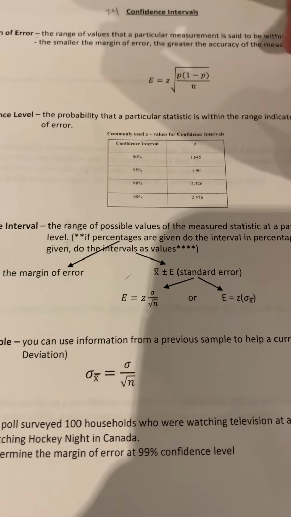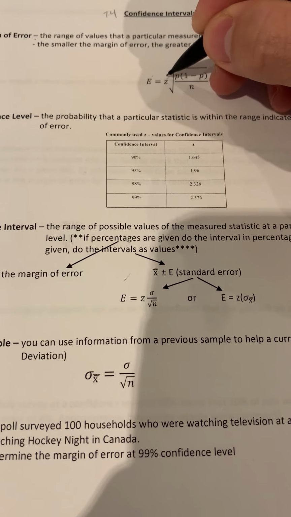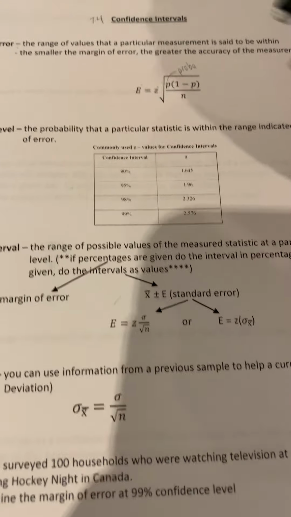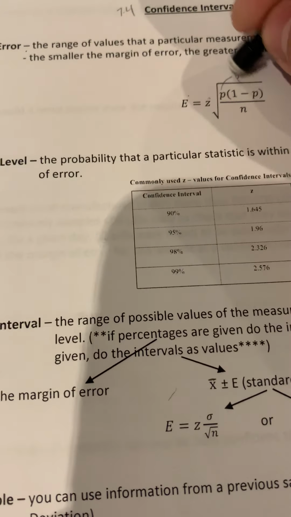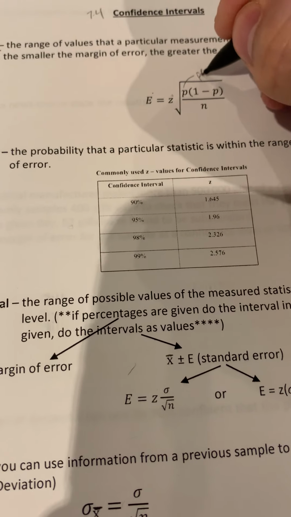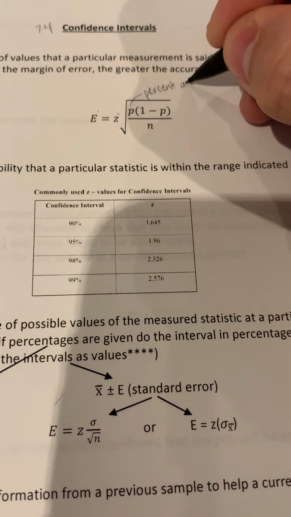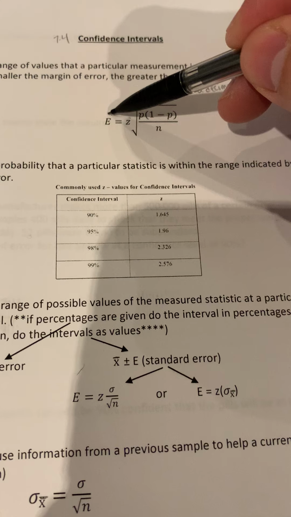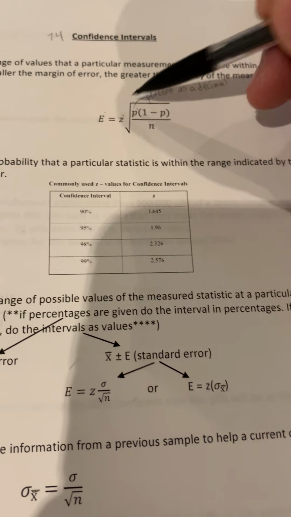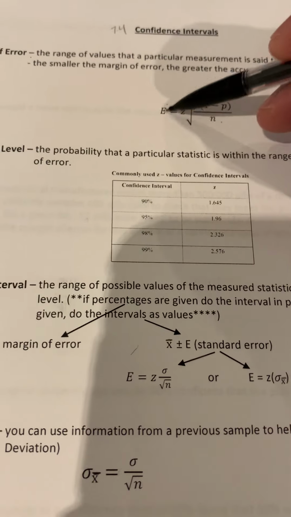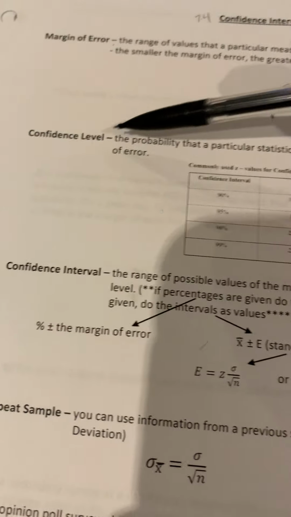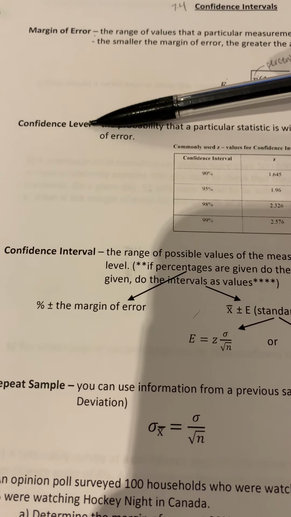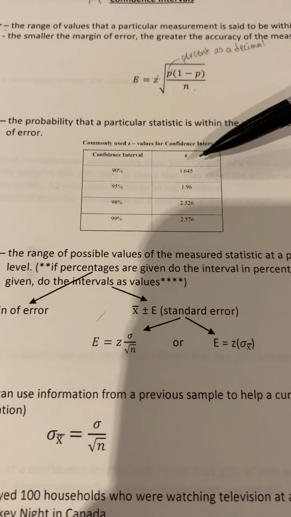So we have E, which is the margin of error. We have Z, which is your z-score. Okay, P is, sorry, not probability, percent. Percent as a decimal. Okay, N is the total number. So E, margin of error, Z is your z-score, P is a percent as a decimal, and N is your total number. Okay, so these three letters are the same. Okay, then we have a confidence level that just tells you how confident you are in your results. Okay, so whenever you have a confidence level here, you're going to go to this chart and you are going to take out this